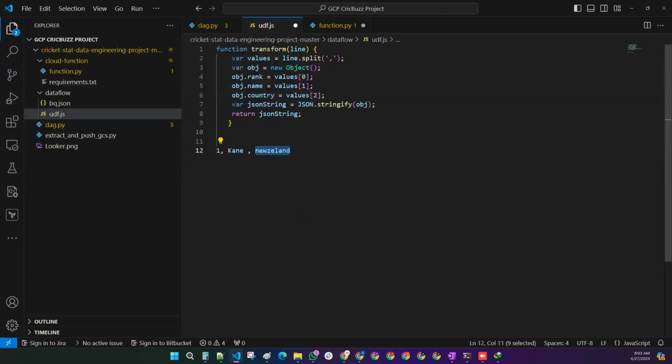one object. This first index object, 0, you are going to give to the rank column. Second is the name column. Third is the country column. And you are going to convert it into the string JSON format, and you are going to return a JSON string only. Okay, so this is what your UDF is doing. So that is what you are doing. Once you have done it,